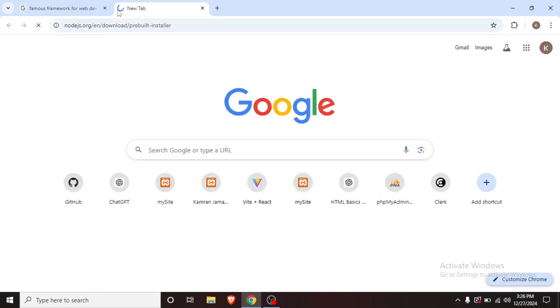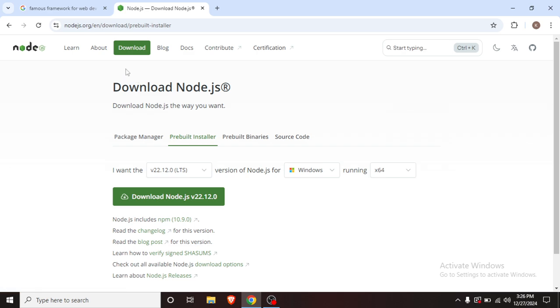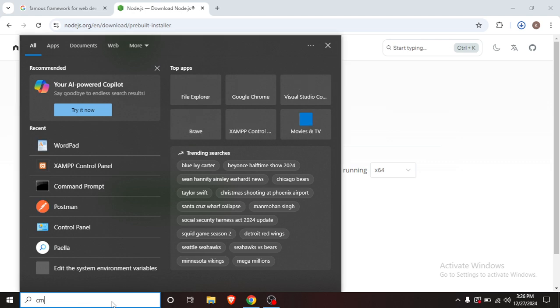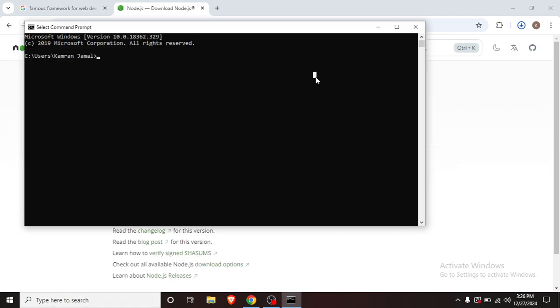First is Node.js. Make sure that you have installed Node.js. From this link you can install it. Here you can see the current version for Node.js is 22. If you install it, you just click here and it will install, and at installation time you will have to press next. If you are on Mac, there is also a version here, and this is for Mac or Linux, etc. Once it is installed, you will have to go to the terminal, cmd actually, and write node dash version. It will give you the current version your computer is using. In my case it is 22,